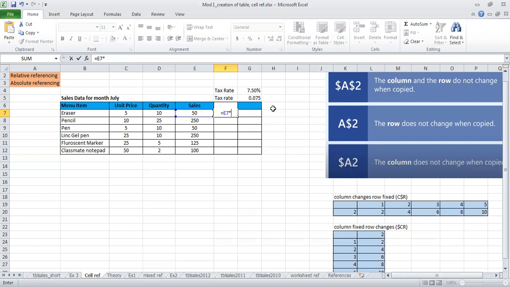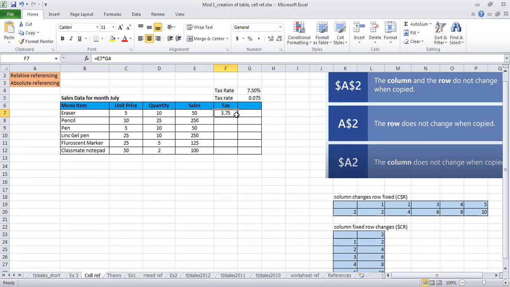So there is some tax rate which we apply on the sale of that particular product. For example, if the tax rate is 7.5, this 7.5 I will select, because that value has been written in one particular cell. So I will take that particular cell and press enter. So it is calculating how much tax is payable for that particular sale of the product.